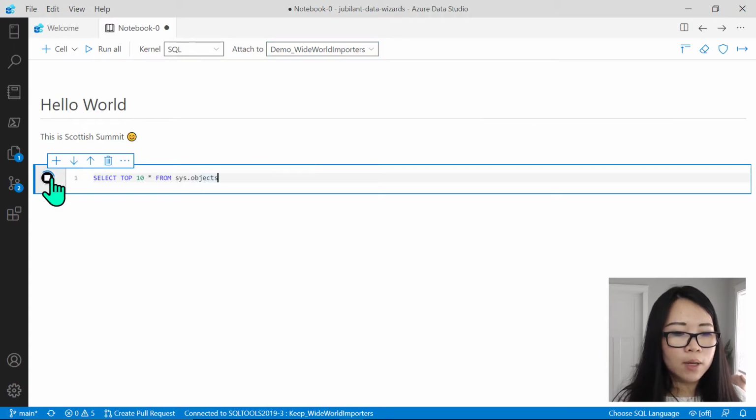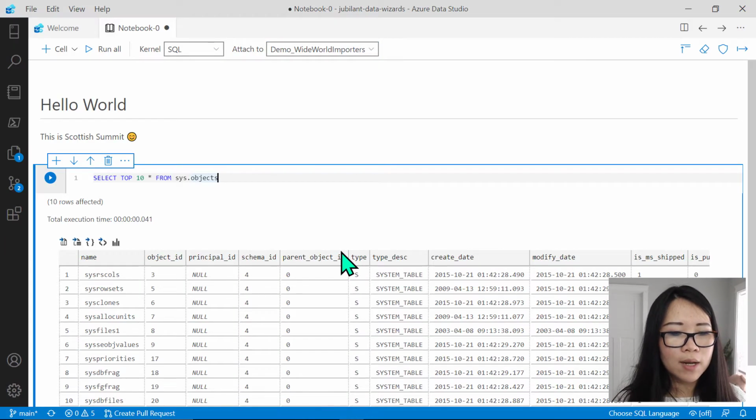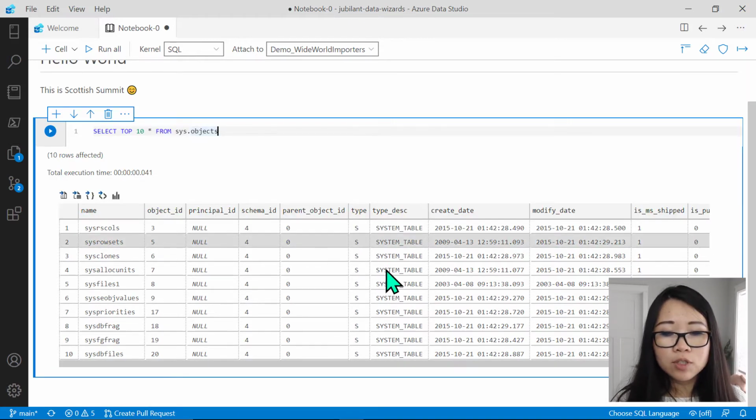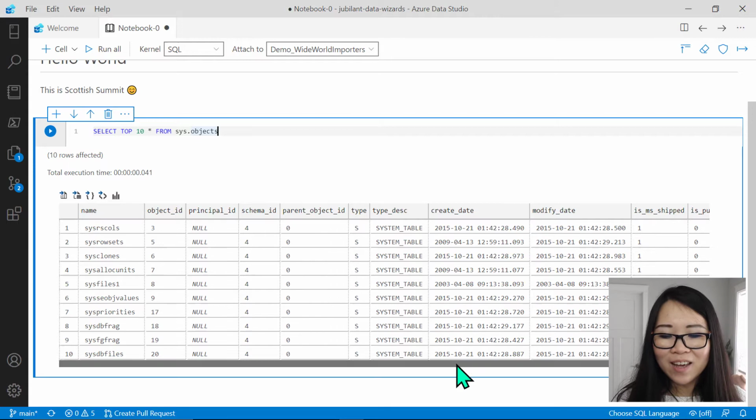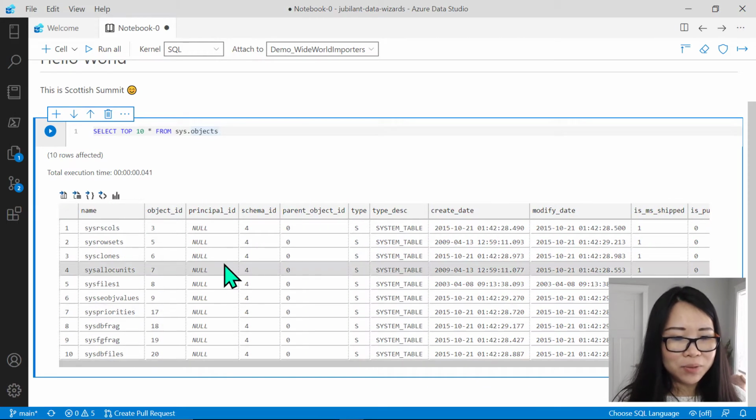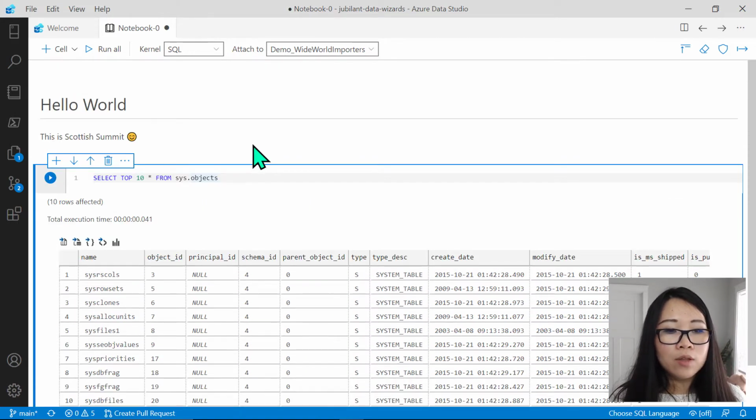All right, looks like I'm connected, so I can start running it. And let's take a look. It looks like there are 10 rows returned and lots of columns, and you can scroll to the right, etc., to see the values. Now, the cool thing about this is that a notebook file underneath is just